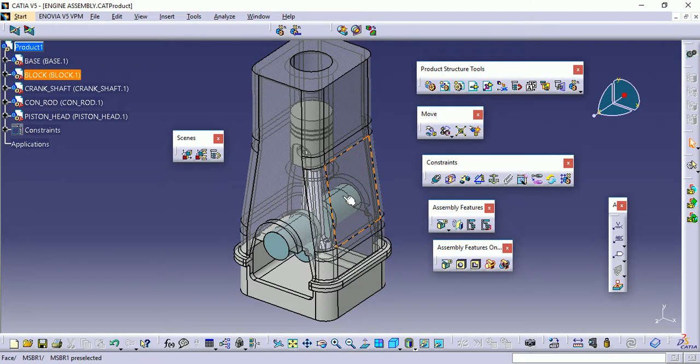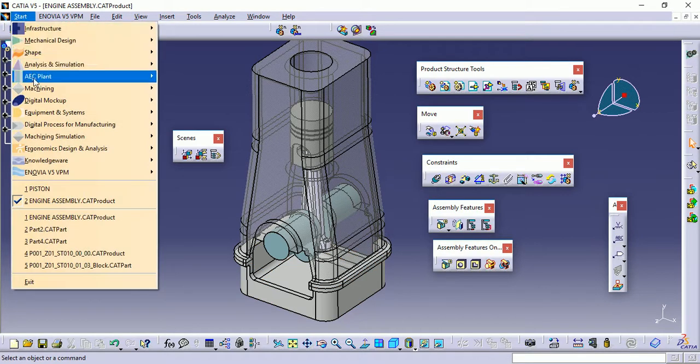For example, this crankshaft is a rotating member, so when we are assembling it, we have to assemble it in such a manner that after the final assembly is done, it should only rotate. So this is done with the help of assembly constraints.